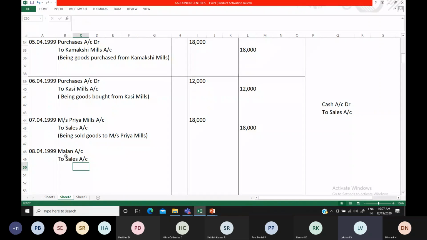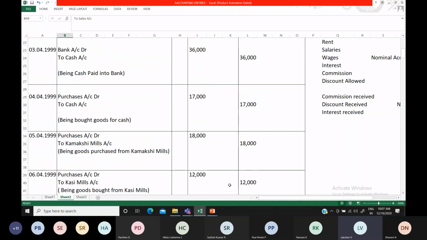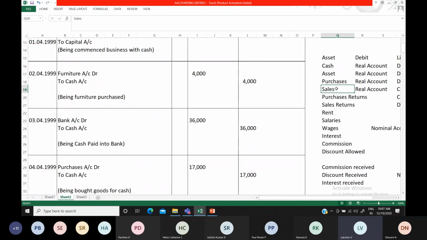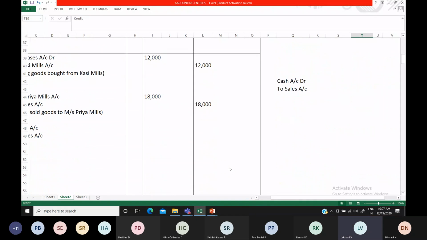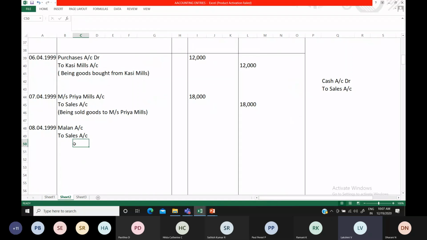To sales account. So goods are going out of my business. So always the sales account you have to credit. You have to keep that in your mind. Purchase account debit, then sales account credit. So Marlon's account debtor debit to sales account being